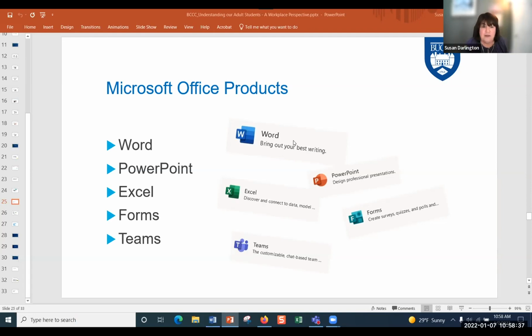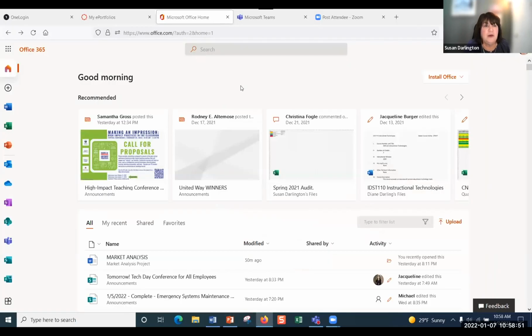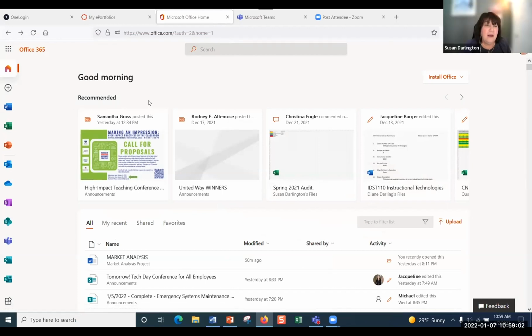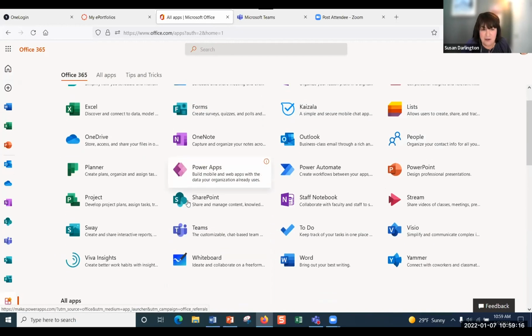So I'm going to go to Office 365. I think there was a session already on Office 365. I don't know whether it's this afternoon or this morning. It was this morning. Okay. So I'm in here all day. I use these options here to get to my email. I don't use the client Outlook email. I just go here. But if you go down here to all apps, which you probably learned this morning, you'll get to see all of the different apps.